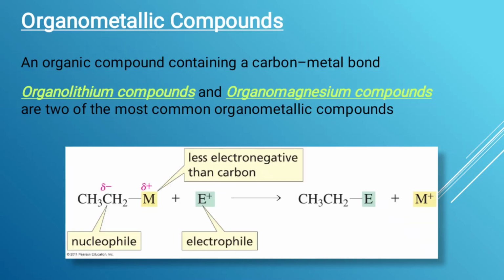Next, organometallic compounds: organic compounds containing a carbon-metal bond. The two most common types are organolithium compounds and organomagnesium compounds. Organolithium compounds are those in which the carbon atom of the hydrocarbon group is directly bonded to the lithium metal, and the organomagnesium compounds were first discovered